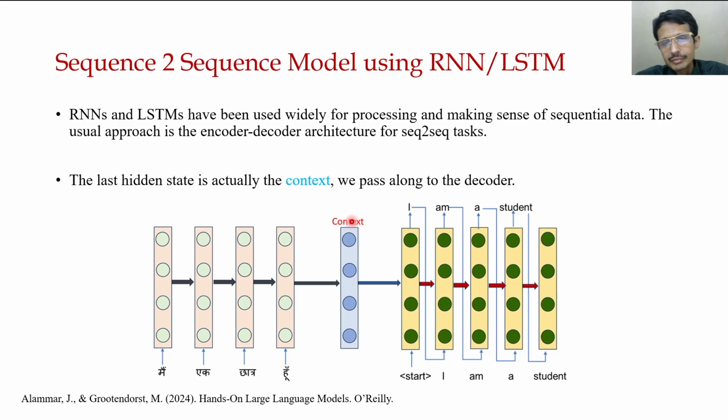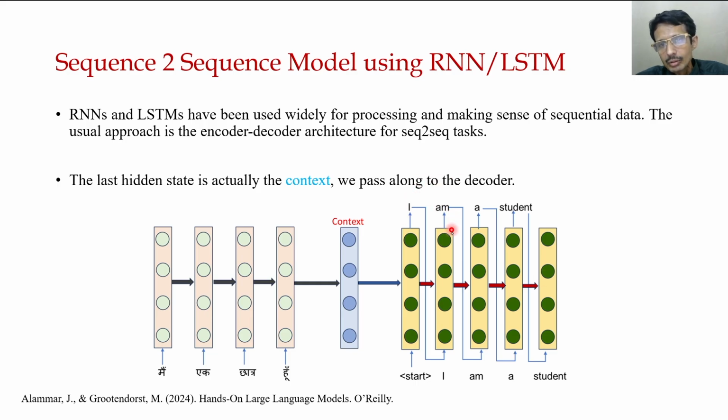So here, as we have discussed earlier, this is the encoder-decoder architecture. This encoder is an encoder RNN or LSTM, and this is a decoder. After the encoder, whatever the output of the total encoder is, it is called the context. That means the abstract of this sentence, and it is the output from the last hidden state. It is called context, and this context goes to the decoder.